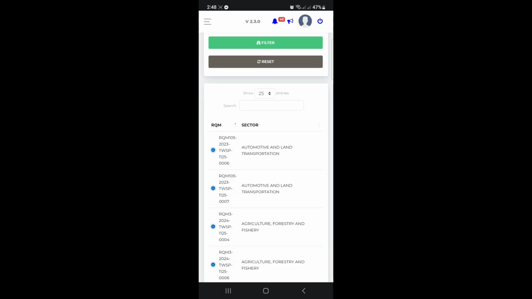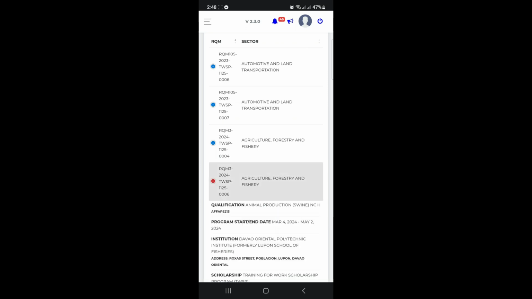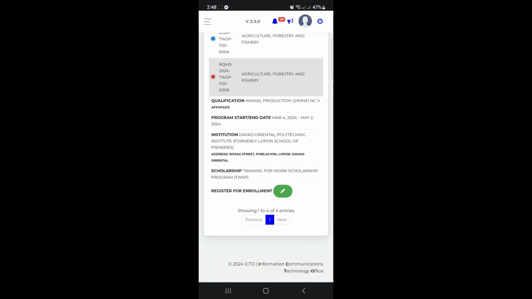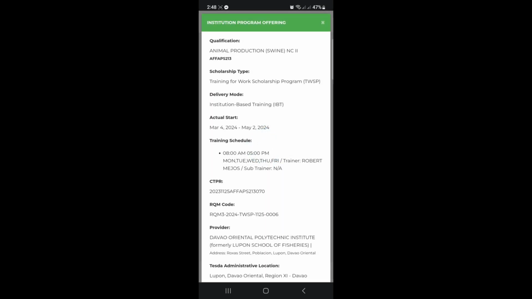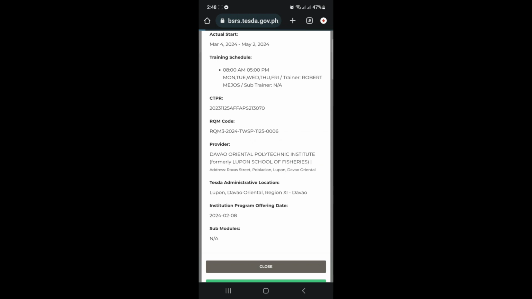Scroll down, you see the desired program available in this institution. Tap on the plus icon and then tap on the pen icon. Scroll down, register now,